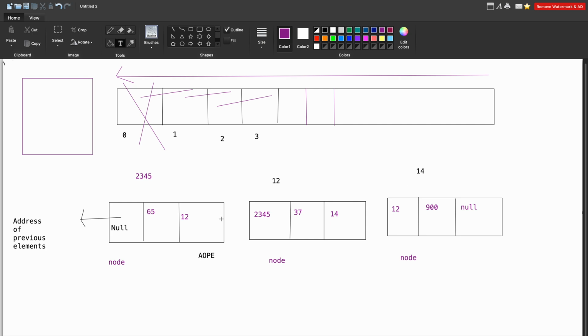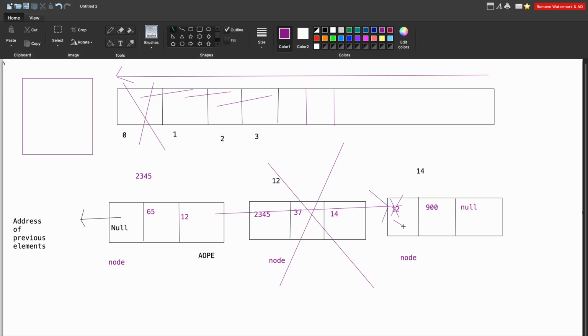So what happens? Let's suppose one of the persons leaves, and this data gets erased from the memory. What happens? Nothing happens, no shifting and all. Just the relationship between this and this gets over, and a new relationship gets established. That is, a new pointer gets allocated over here. So now it will not point to 12, rather it will point to